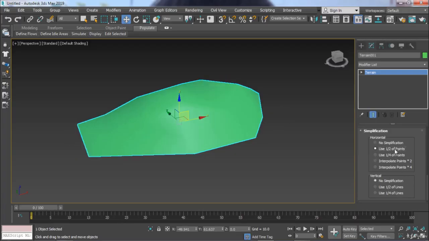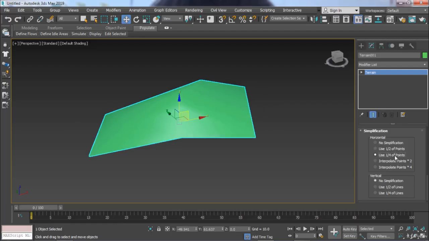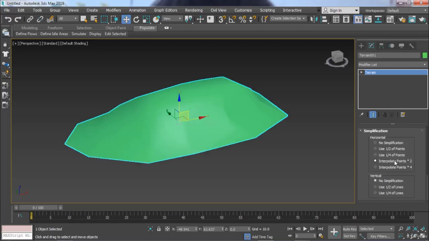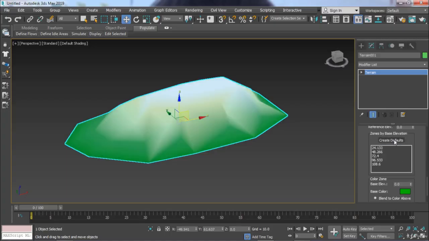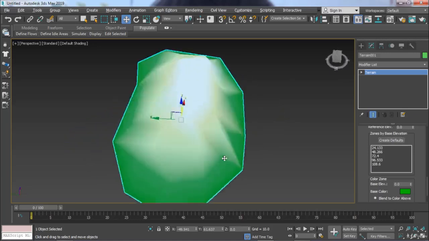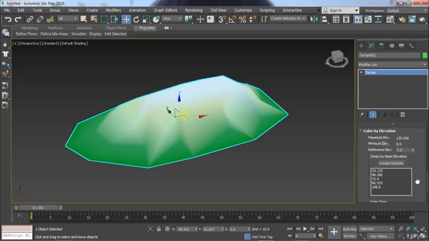Use half of points. Use 1/4 of points. 2 times points and 4 times points. No simplification. Color by elevation. So create defaults. The color will show this type, and other options are